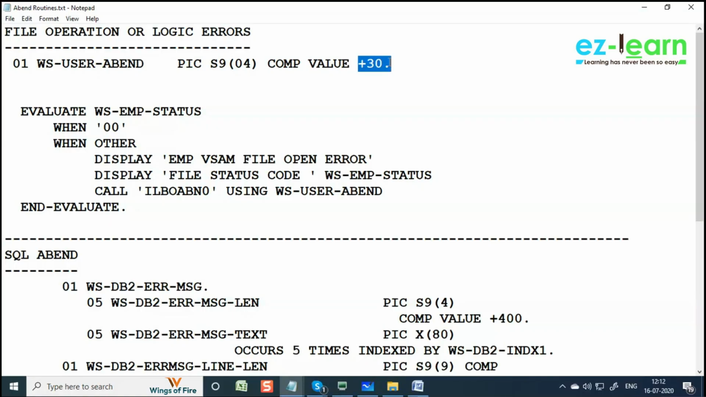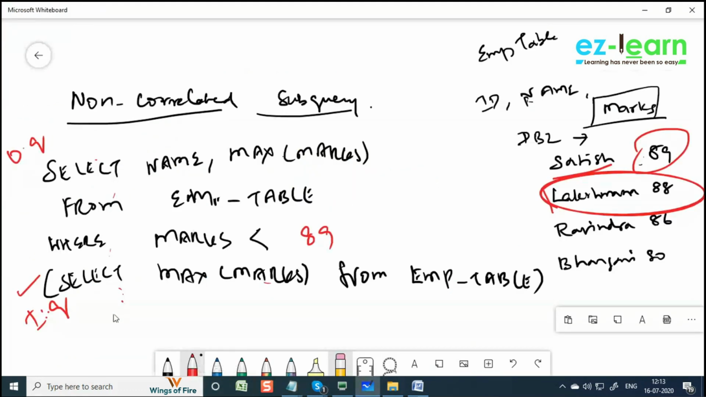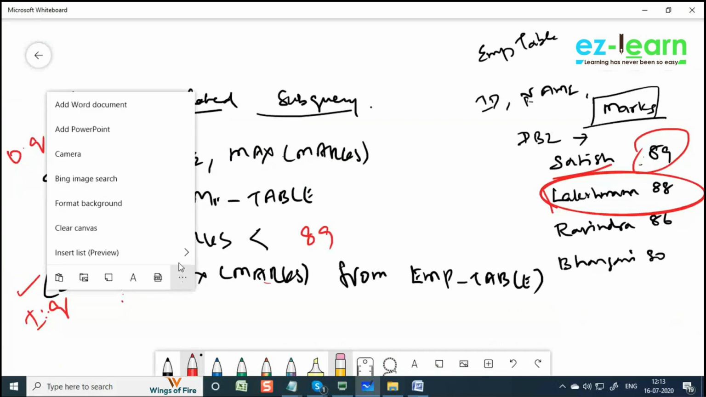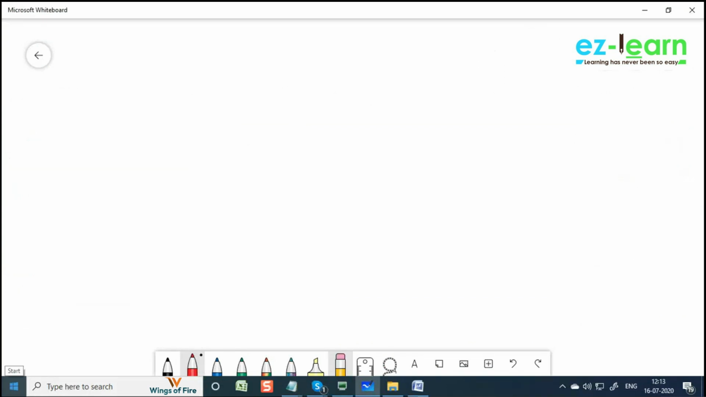Here, the user abend will have 30. Whenever you have any user abend, a user abend is nothing but a user enforced abend. Let me tell you about the types of abends, then we'll move on to how to abend the program. So we are going to introduce some standards. So what are abends? Abend stands for